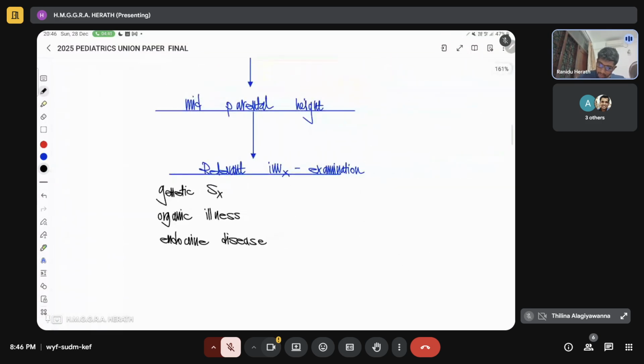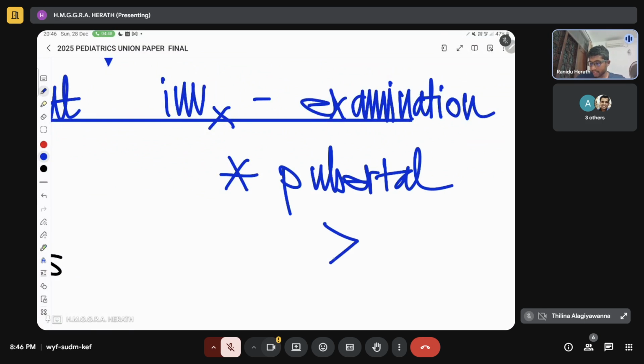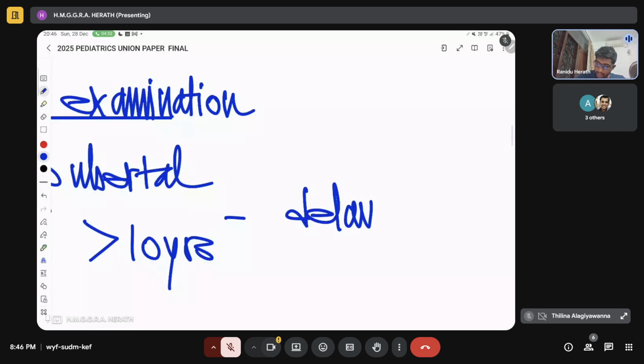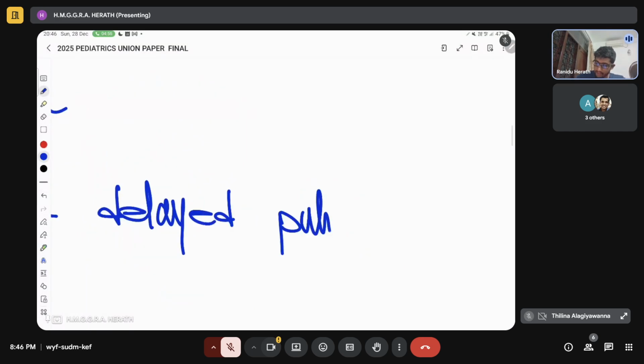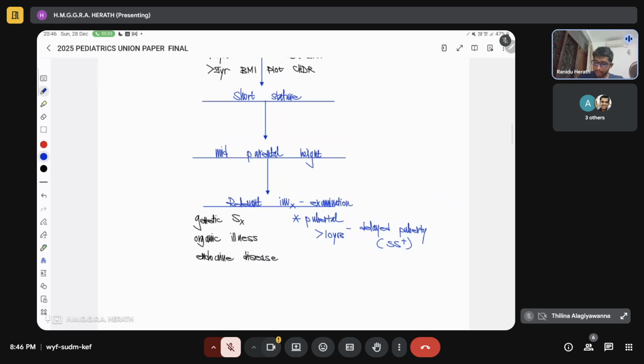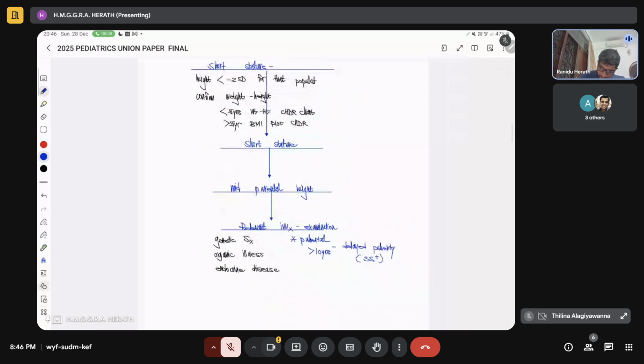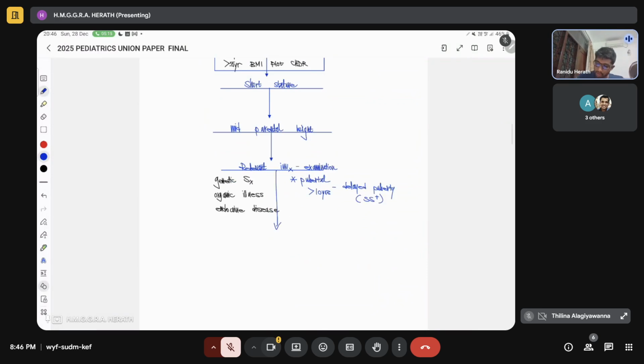And we also check if this is a child who is in the pubertal age, which means if the child is more than 10 years, we have to check whether the child is having delayed puberty as well, right? So we have to check the secondary sexual characteristics as well. The identification of delayed puberty and secondary sexual characteristics, and investigating for precocious and delayed puberty is a separate discussion. However, since we are mainly focused on short stature here,